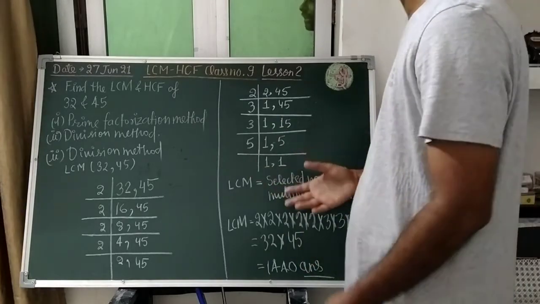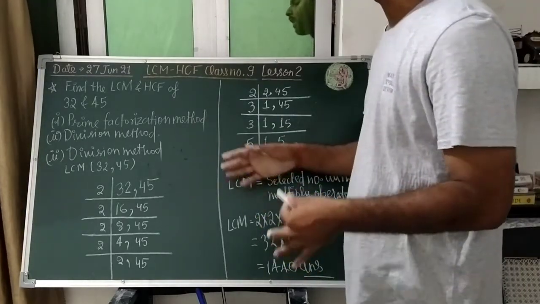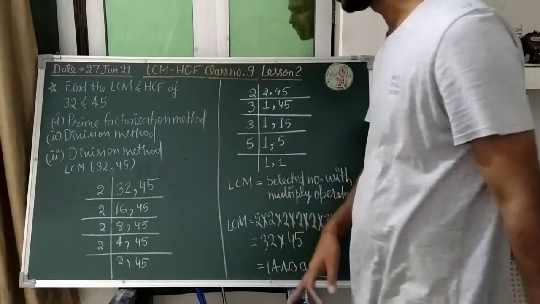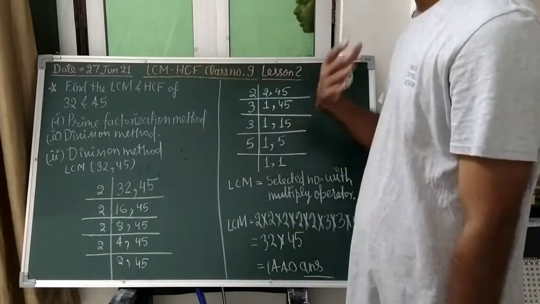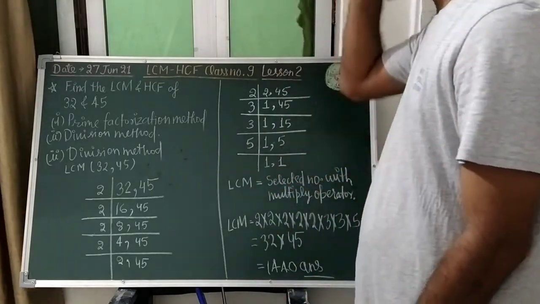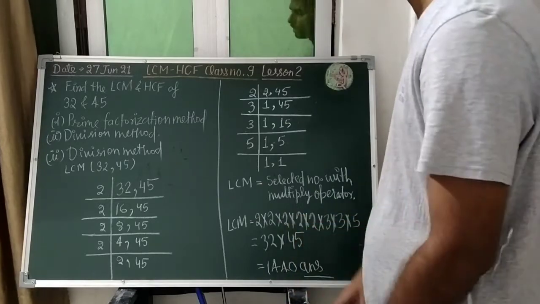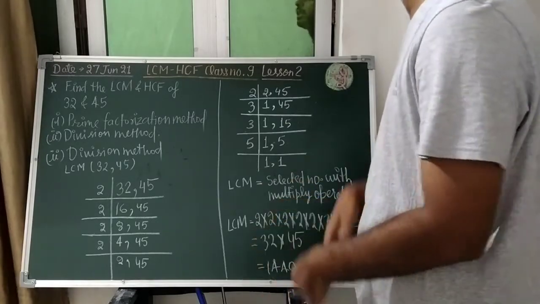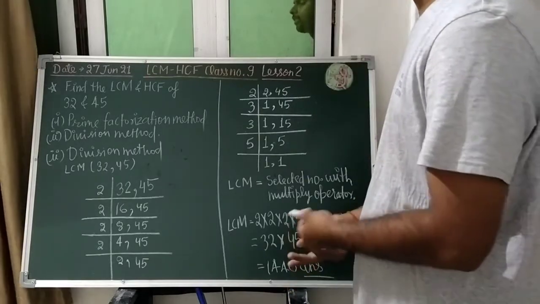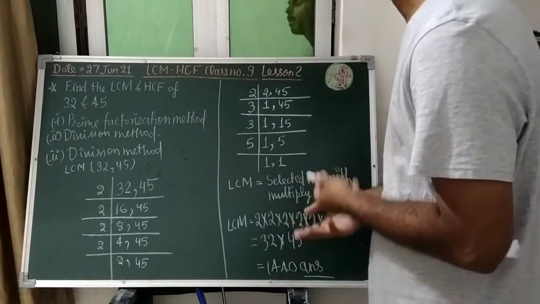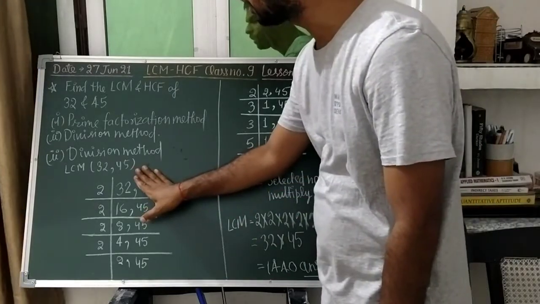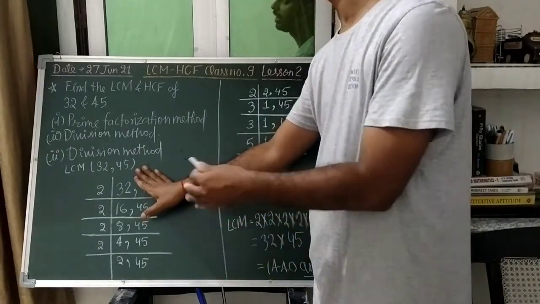So in the prime factorization method, at one time we were selecting one number only and finding out the prime factors of that. For a composite number, we were moving from 2 to 11, as 1 is neither prime nor composite. And for prime numbers, we were selecting the same number, as the prime factor of a prime number will be the number itself. So at a time we shall select one number only.